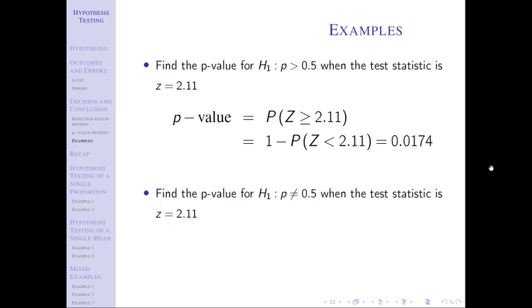Next example, notice it's very similar. The only difference is now instead of having a right-tailed test, I have a two-tailed test. And so because I have a two-tailed test, what do I need to do with my p-value? I need to multiply it by 2. How do I know what symbol goes in the probability statement? It is not a not equal to. Notice in that flowchart that we have on the previous page of notes, there is no probability statement with a not equal to symbol in it.